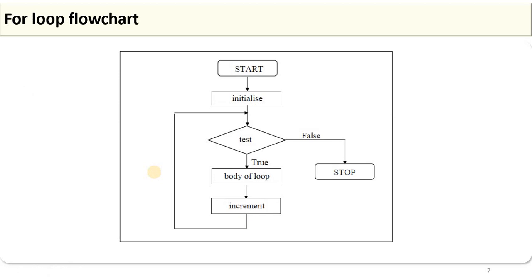Let's see the flow chart. First there will be initialization. The execution flow will come to, in the for loop, first it will come to the initialization, then you will get into the testing, that is testing the counter. If the test condition turns out to be true, then we'll get into